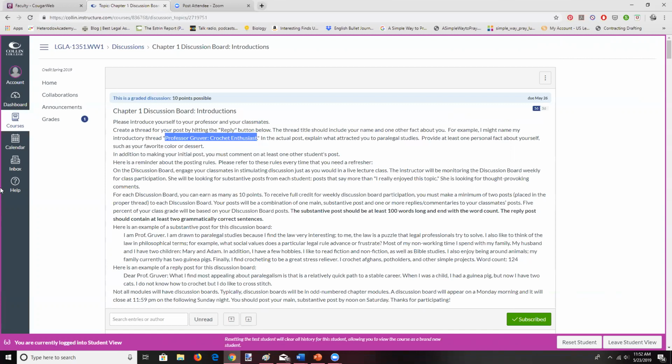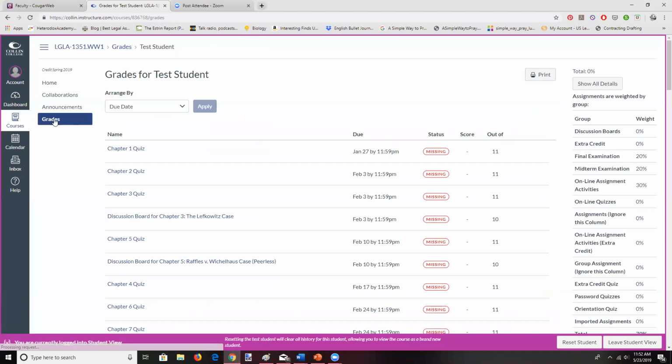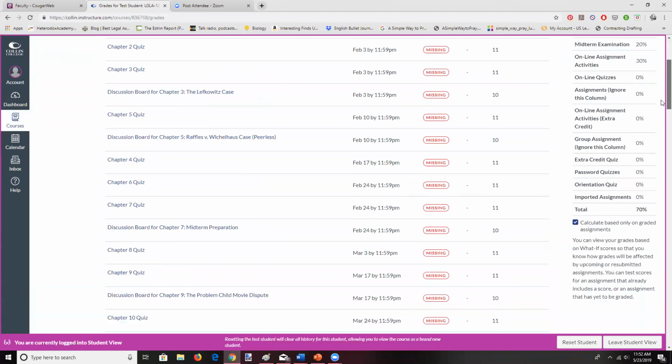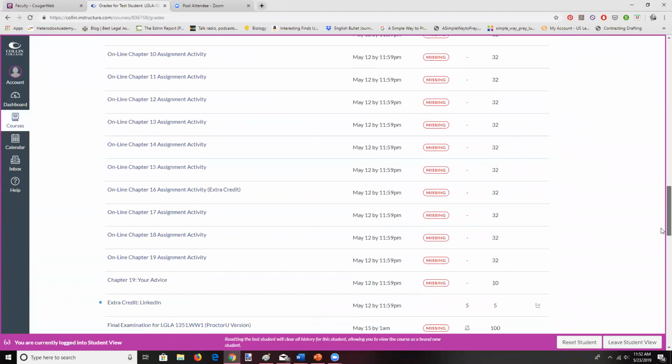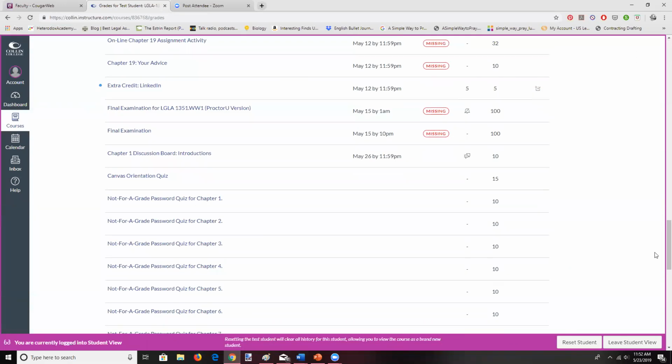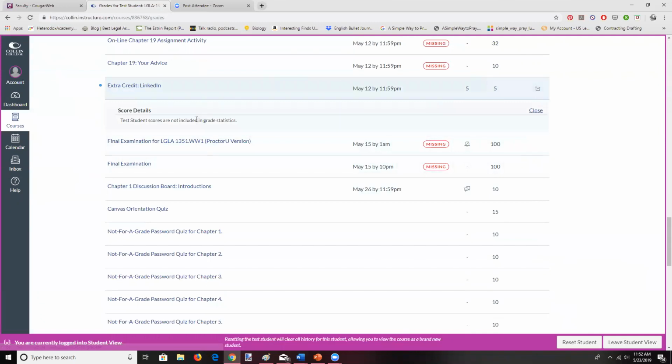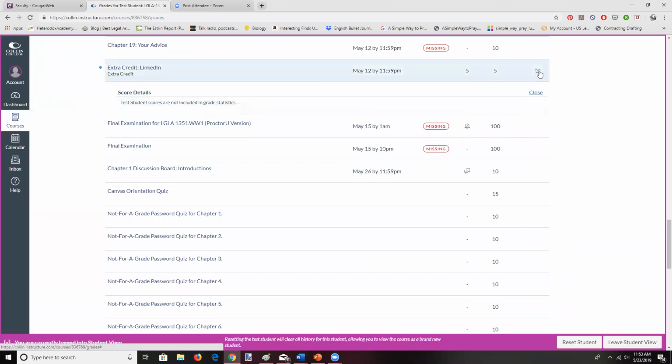Oh, one more pointer I'd like to point out is when you go into your grades after the discussion board closes, typically I grade them oftentimes the very next day, but it might be a day or two longer. As the grades appear, you will find that there will be comments sometimes, and you'll see it over here. This one tells you that this particular grade is not included in the calculation. So that's what that means. Canvas is saying this is not going to be included in the calculation.